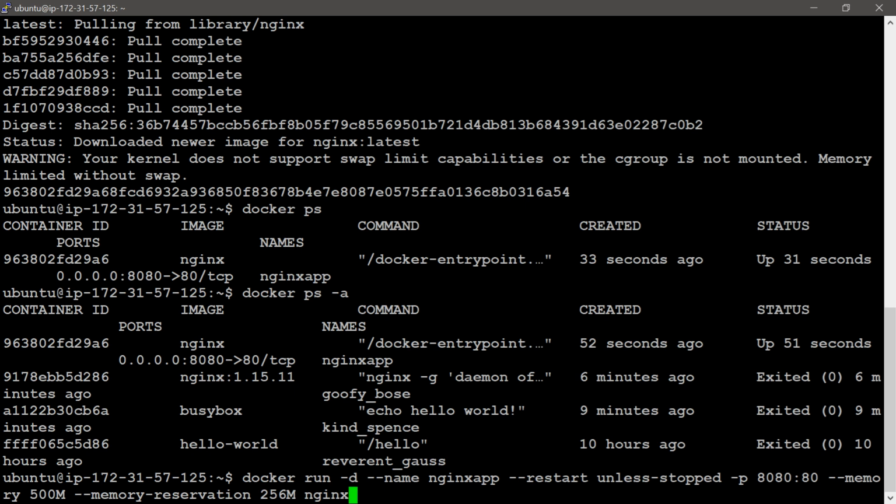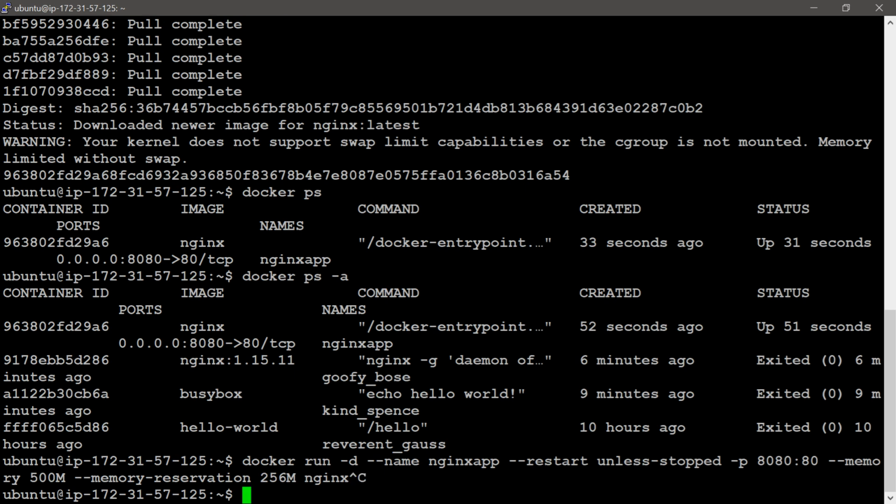We can provide these flags: memory, unless-stopped restart, hyphen p, everything I provided with this command. It is running in detached mode. I will cancel this command. Already I entered it.